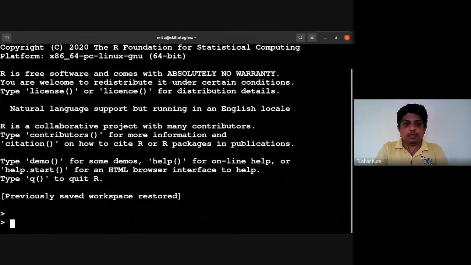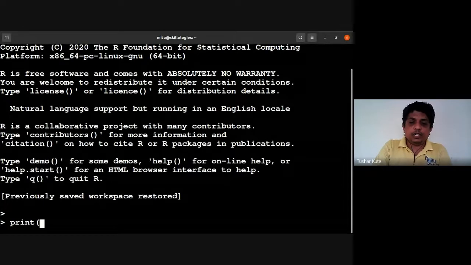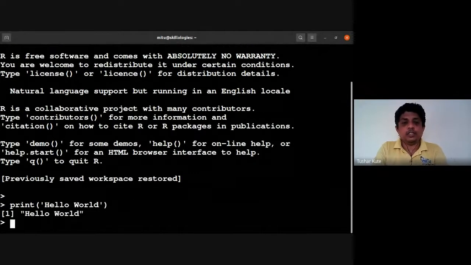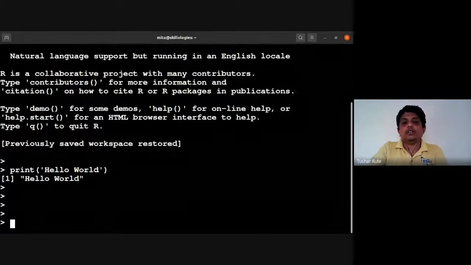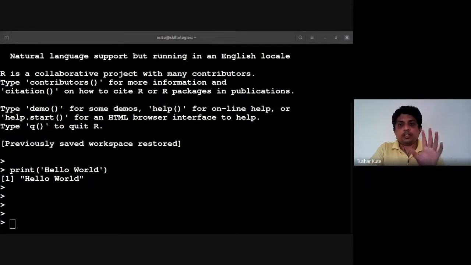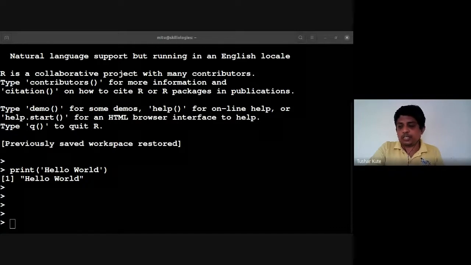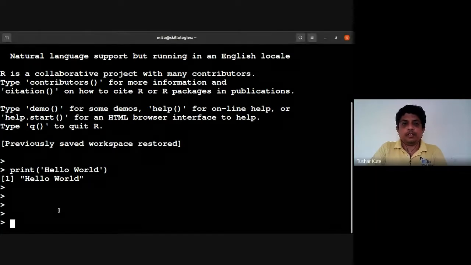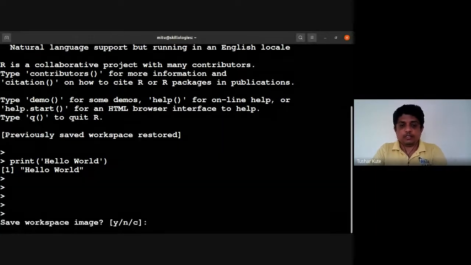For example, I need to write the printing of hello world, just like we use in Python. So hello world is printed. Print hello world. Almost 50% of the syntax of R and Python is similar. Both are interpreter-based languages, and both have similar abilities to declare variables and use the variables inside the code. See, this is how the print statements are written when you install the basic R.